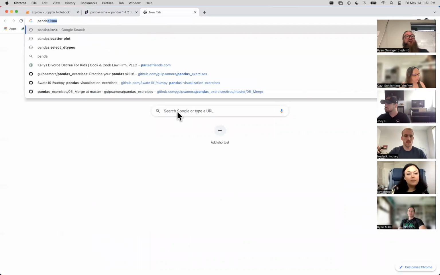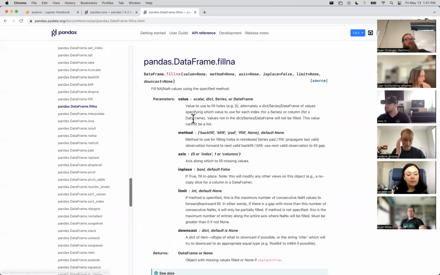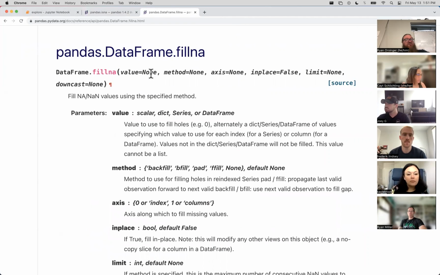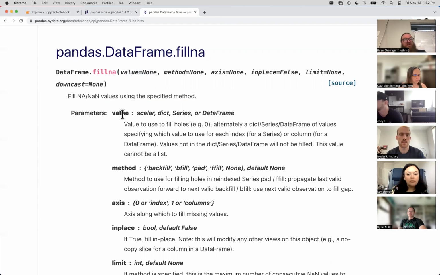But isNA has a cousin called fillNA. So let's say we wanted to not just identify our missing values and get rid of them. If we wanted to fill all of the missing values with a specific same value, like fill the missing values with a mean or a median or the min, something like that, you'd use fillNA. Yeah, there's not a lot of nuance to isNA. It's a hammer. It's a nice Boolean. fillNA has a couple of other options, like if we're filling NAs across the row or the column or all of them, etc. Yeah, glad you asked about that.